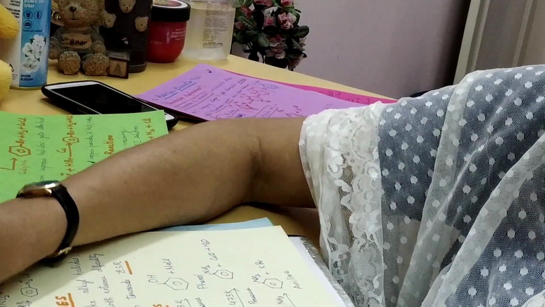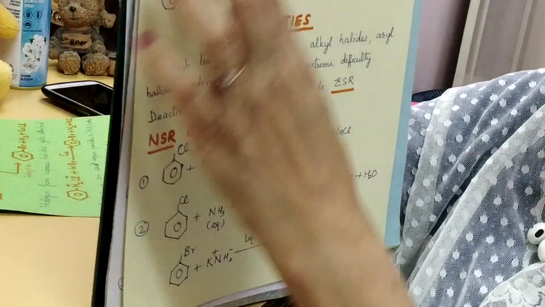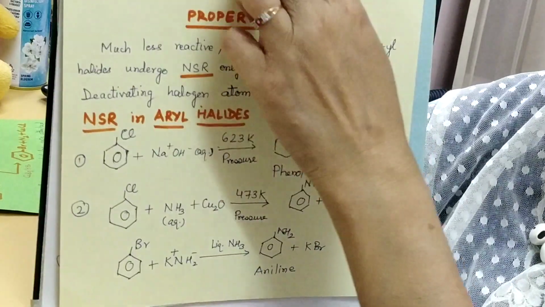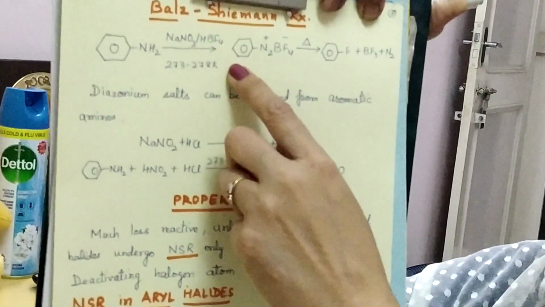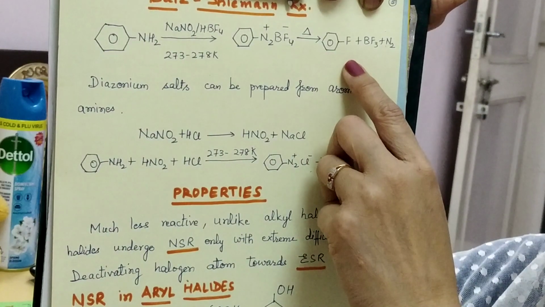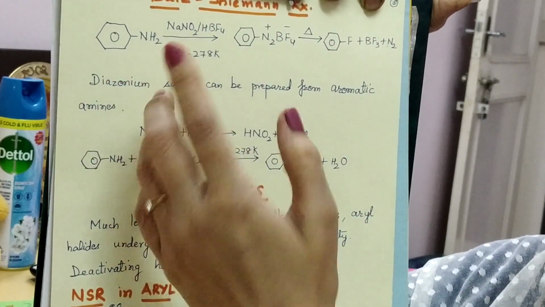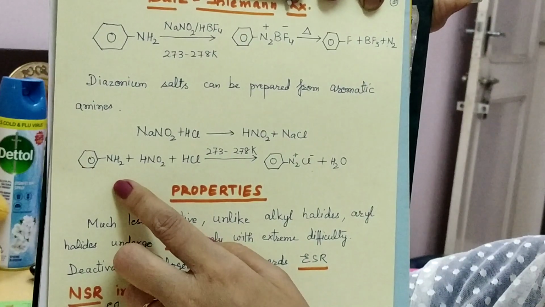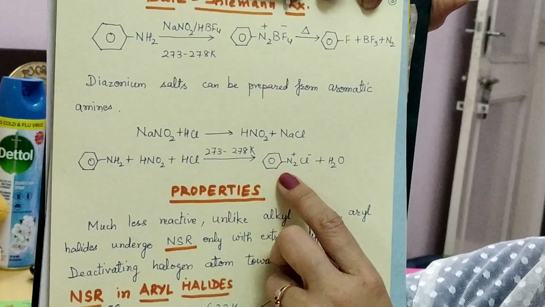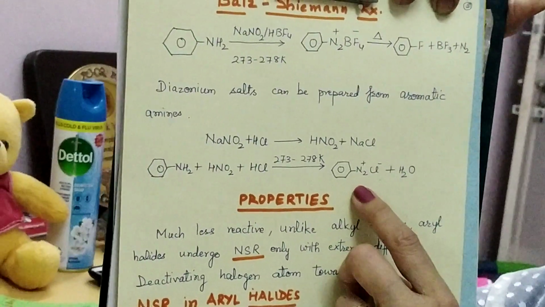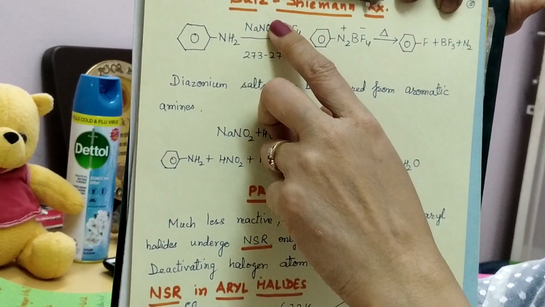There is another specific method for the preparation of aryl fluorides, in which you take the fluoborate salt like this, heat it, and you obtain fluorobenzene by simple decomposition. You begin with, of course, aniline here, as with any other compound, because diazotization is to be done with NaNO2 and HCl, and the result is the formation of benzene diazonium chloride, which can be further treated. This reaction is known as the Balz-Schiemann reaction.